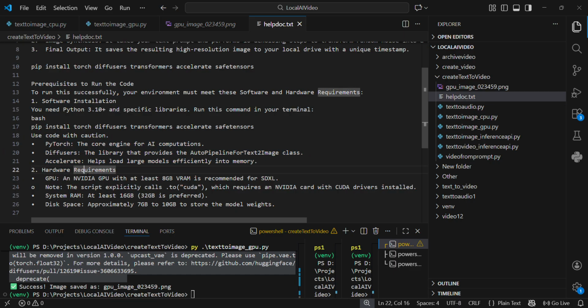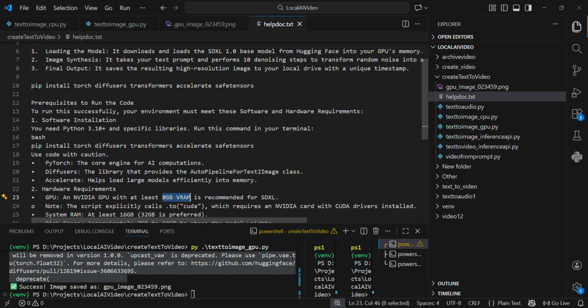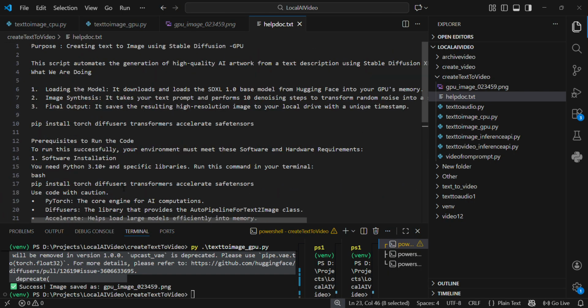Now the next thing is हार्डवेयर कितना चाहिए आपको। हार्डवेयर बेसिकली आपके पास 8 GB की GPU होना चाहिए एंड 16 GB एटलीस्ट रैम होनी चाहिए। सो ये होने के बाद आप अपनी ही मशीन पे अनलिमिटेड इमेज खुद क्रिएट कर सकते हैं। अदरवाइज अगर आप यही इमेज क्रिएट करेंगे थ्रू API लाइक हगिंग फेस, there